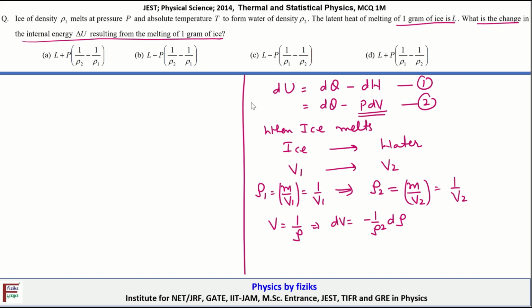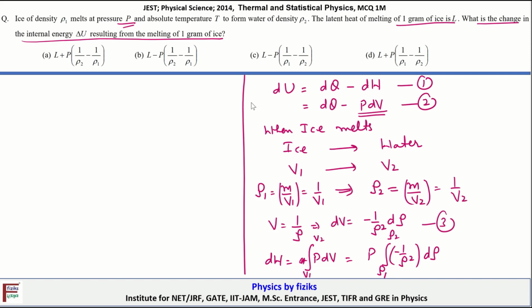Okay, so from here, by making use of this result, that is equation 3 and 2, the net work done, dW, is equal to minus pdV. So we will substitute the sign while putting dW here in equation 2, so pdV, when volume changes from V1 to V2. This can be rewritten as p, because the process is taking place at constant pressure, so we can take p outside, and then dV is equal to minus 1 by rho square d rho, when the density changes from ρ1 to ρ2.